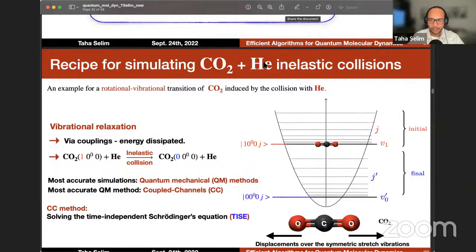So carbon dioxide with helium. We're talking about two monomers, two parts colliding, CO2 and helium. In principle, we can collide more, but then we will have very large computational bases. And of course, there is a lot of math involved. At some point, if we include more and more, the computations might be infeasible to be done at all. So this is why we keep